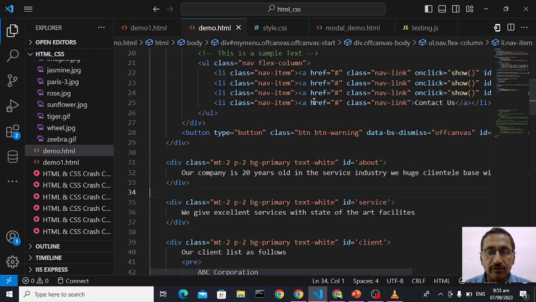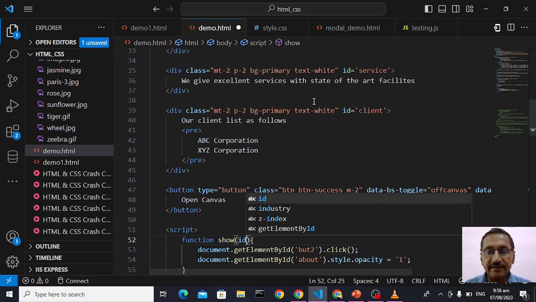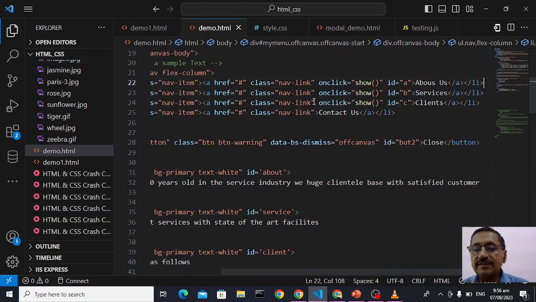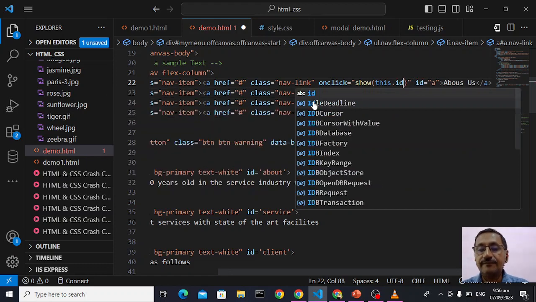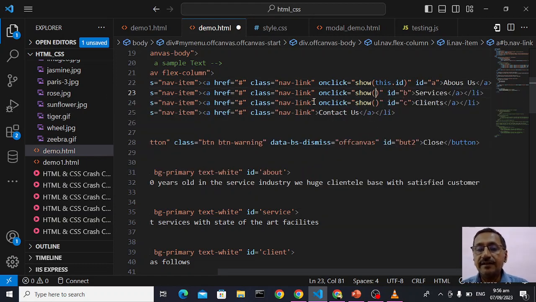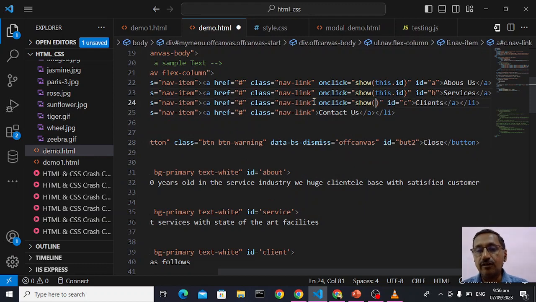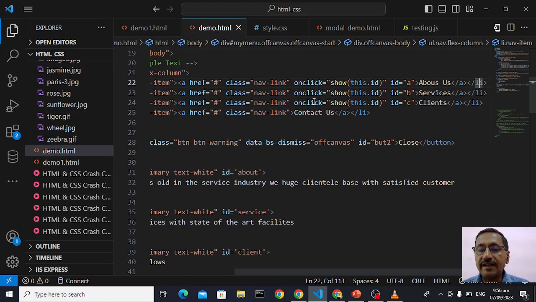Now what we do, we go here. I get an ID here. See the ID which is passed. Look at this. I call show with this ID. This dot ID, this dot ID, and this dot ID. I'm passing the ID also. So see, when I click this button, this about us text now, show